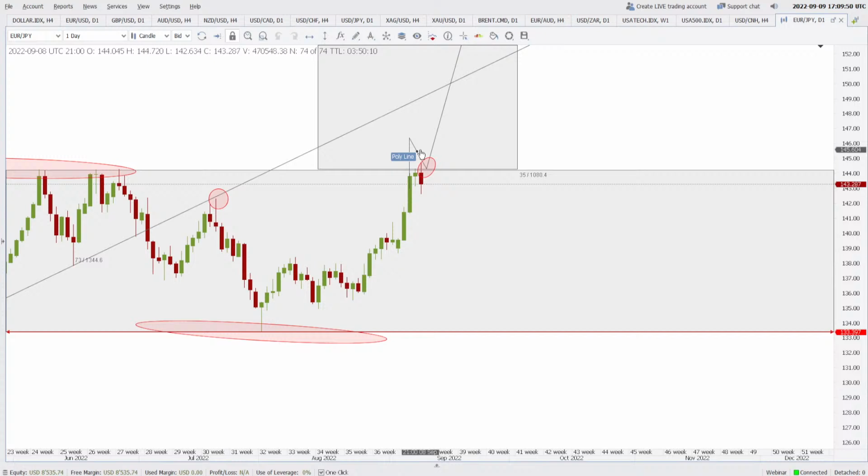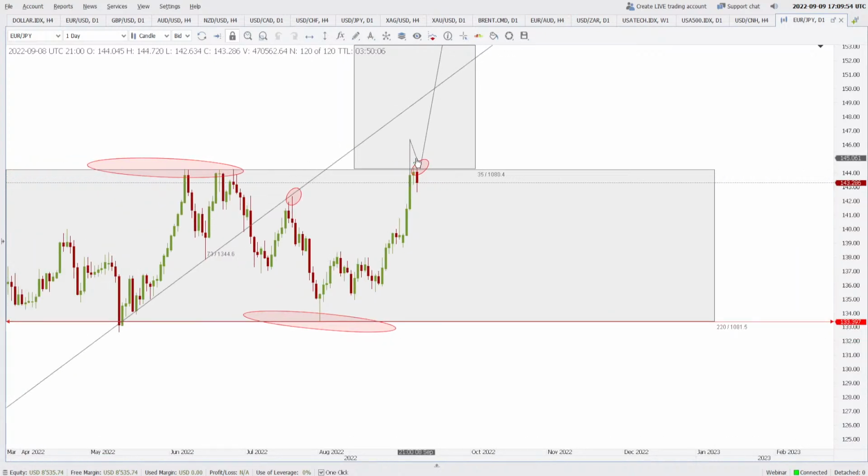Sometimes you have to be strict with your emotions. Like, I want to buy this pair, but it is not giving me any signal of buying, so why would I buy? Just stay away from this market till the time it gives you some bullish price action, or at least a close higher than that, and then let's say it comes back to this area to test it as a fresh support. Till that time, I don't think we should be looking for a buying opportunity here.